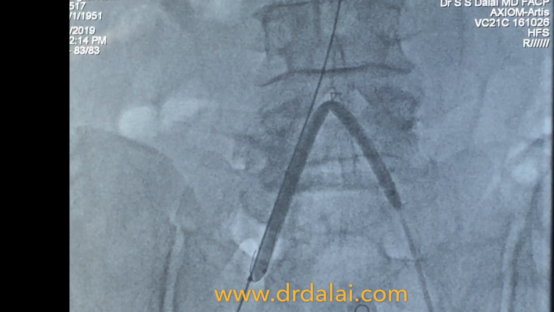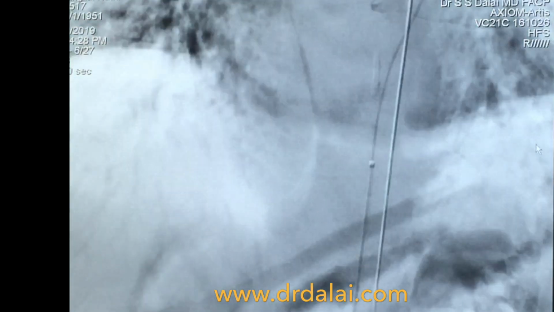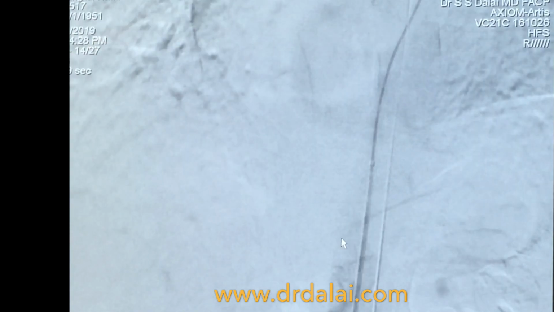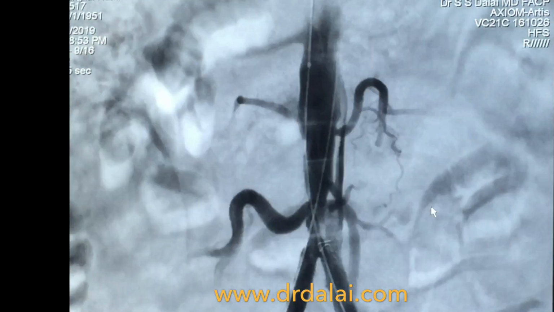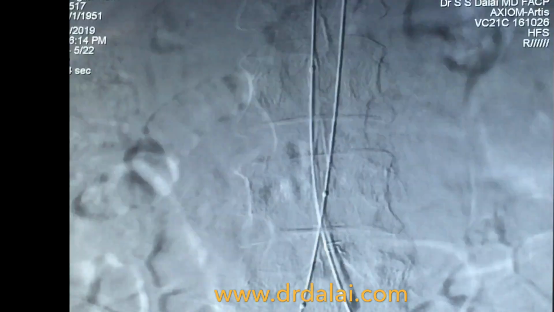and then just to take it to the luminal plane, we just push it up, and once we push it up, we have both the balloons in the true lumen, and then you go across with your wire, and this is what it looks like. And once you have taken both the wires, you can do a kissing balloon angioplasty, and then of course you can put your stents,